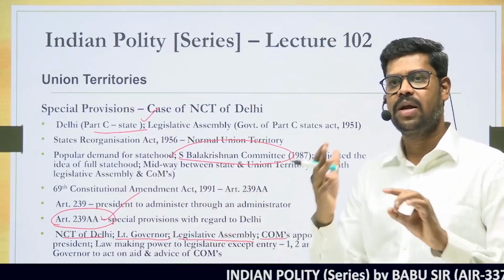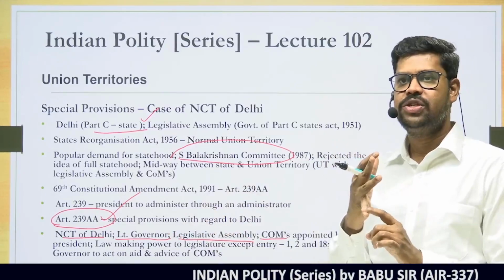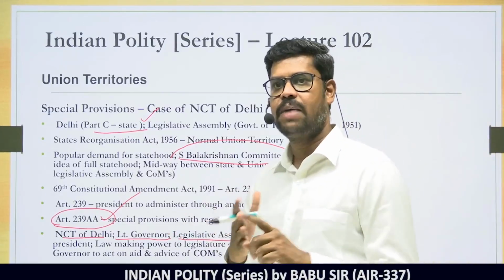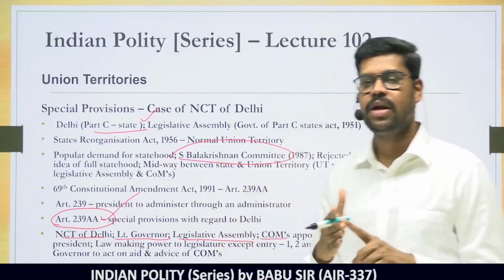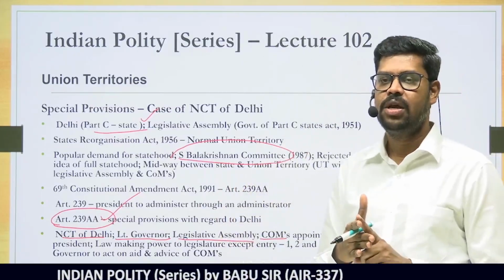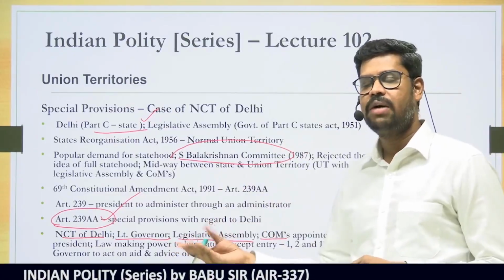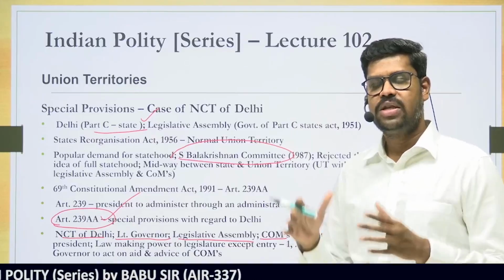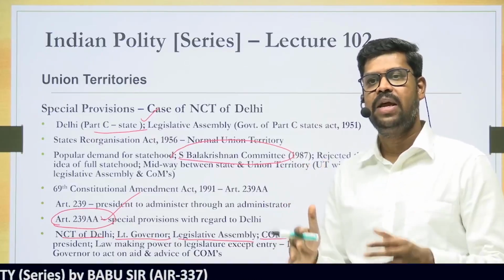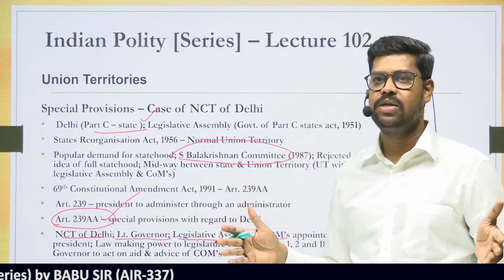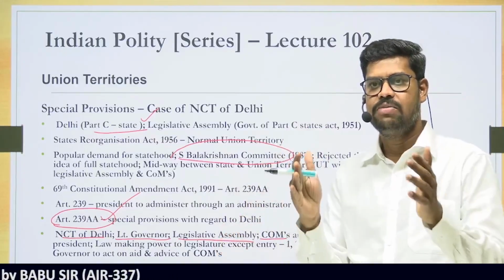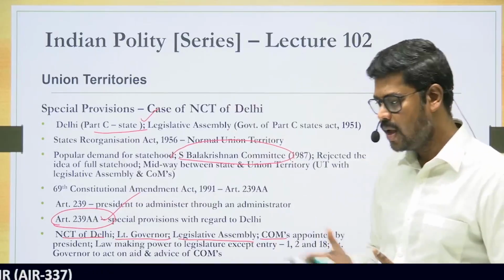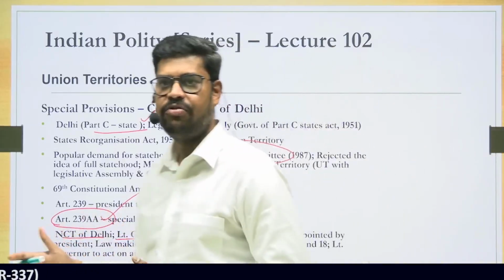So I'm just repeating it again. The name of Delhi was changed, and then the administrator of Delhi would be designated as Lieutenant Governor. And apart from that, there can be a legislative body, and then there can be a Council of Ministers. And as a legislative body, the power was also given to make laws in case of Delhi. So the Legislative Assembly of Delhi can make laws on all the items in the state list. We have already seen that whatever item in the state list, in case of states, the state legislature can make laws.